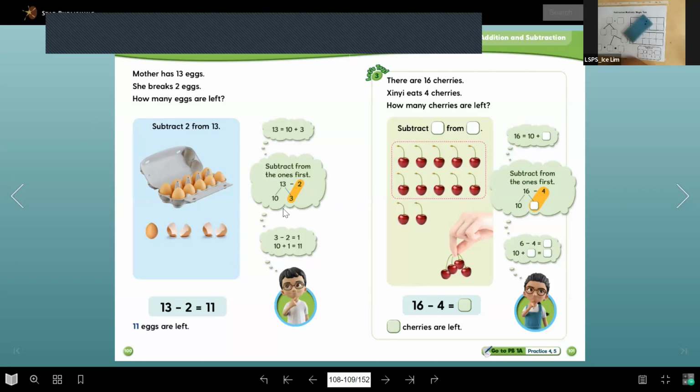It's in the thinking bubble for our friends. What are our friends here in the story of the eggs and the cherries thinking? They say, I want to do subtraction. I can choose the method. Subtract from